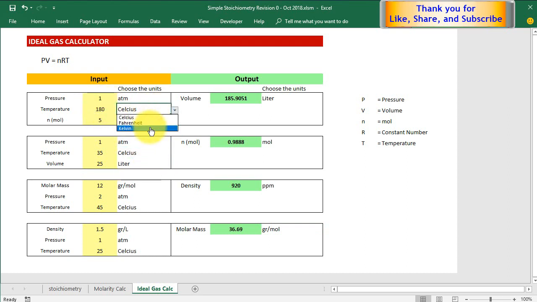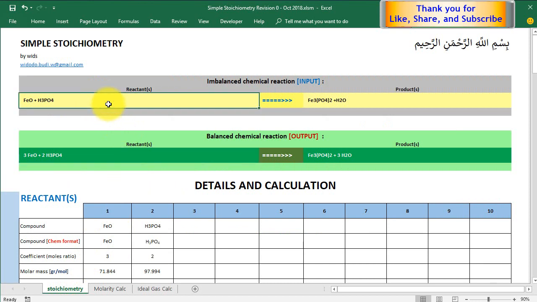1 atm, but 200 verified. Okay, the answer is 150. Alright, back to the main sheet. But let's continue with another